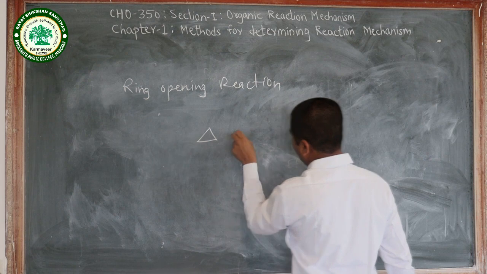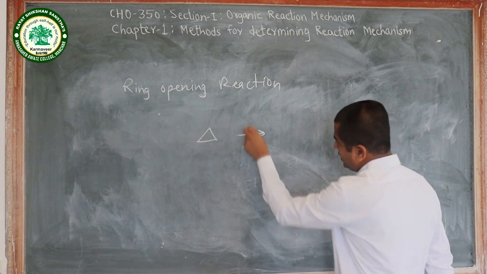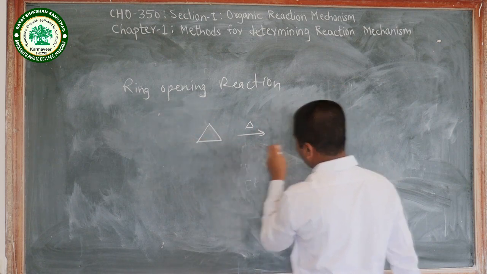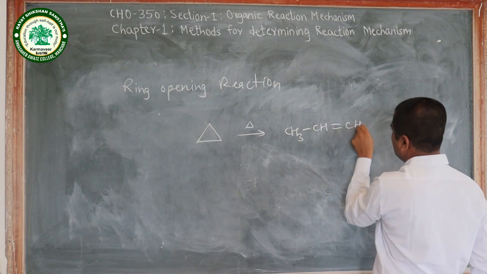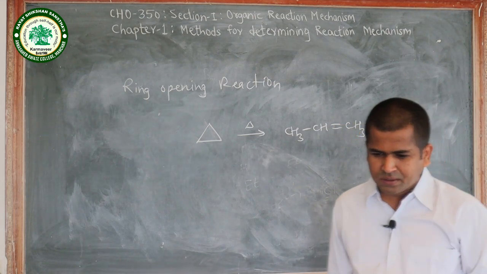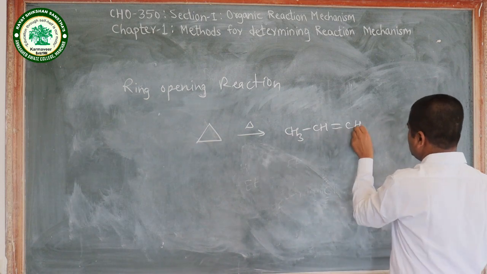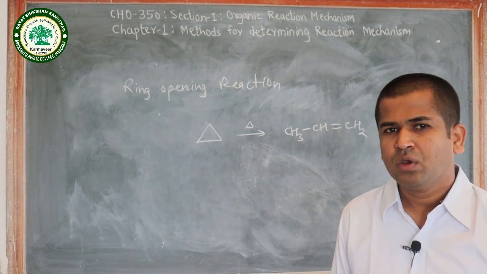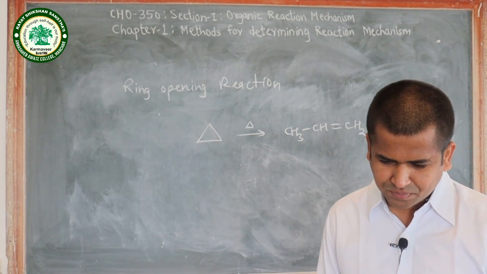Suppose a cyclopropane, when it undergoes a ring opening reaction on heating, gives CH3CH double bond CH2. So what we observe here in this reaction,